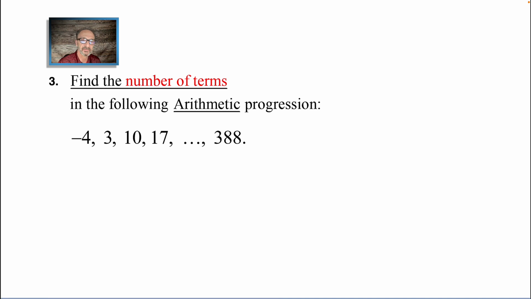Find the number of terms in the following arithmetic progression. Now, since it says arithmetic, we need to use the arithmetic formula. It's not a good way to answer the question by listing all the numbers and counting them one by one. I had sometimes students do that, but that doesn't count, because what's the point of the problem if I say how many numbers are there using the arithmetic as an underlined word under that concept, and you just count